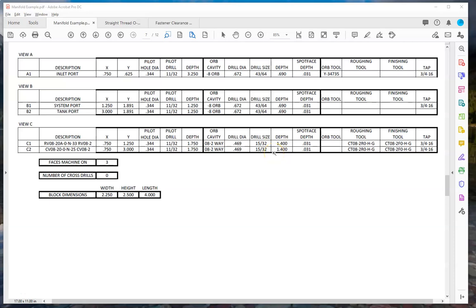Manifold design. We're going to be looking at the negative build sheet. This is where the machine tool operator is going to get all of the detail information that they need to be able to manufacture the manifold block. When I look here, the first thing that we see in the far left-hand column is the letter call out